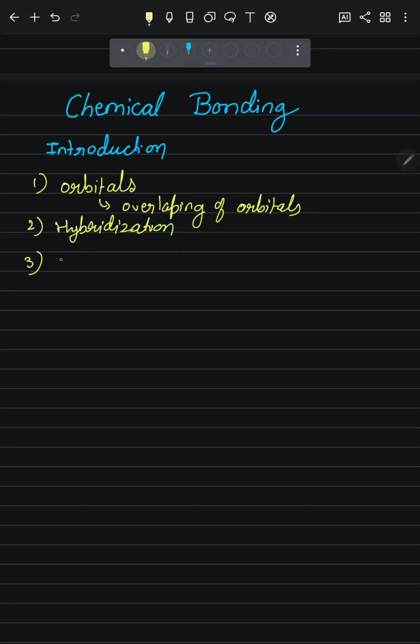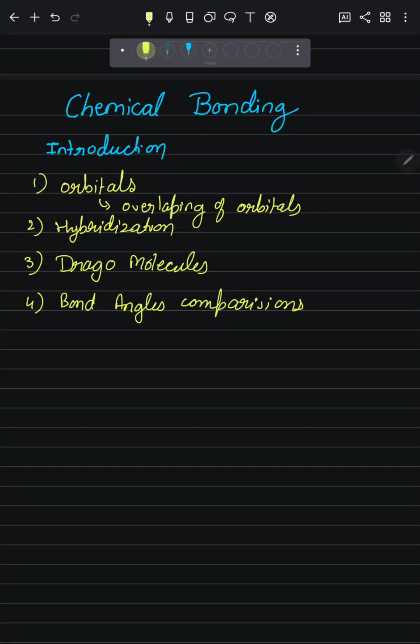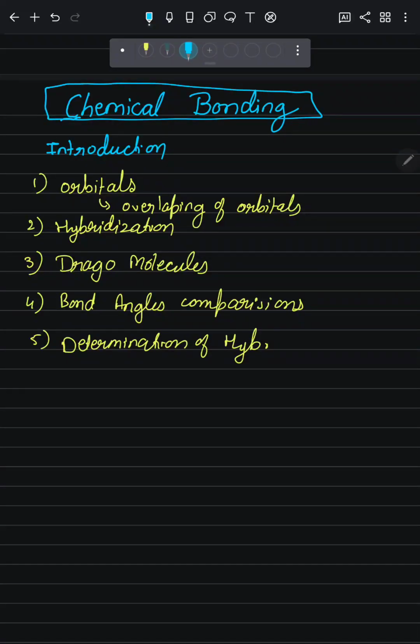Then the third point that we discuss here is molecules. And then the fourth point is bond angles comparison, and then the determination of hybridization. After that, it will be the introduction part of chemical bonding, the new unit that we are going to start today. So after the introduction, we will be discussing the second part,